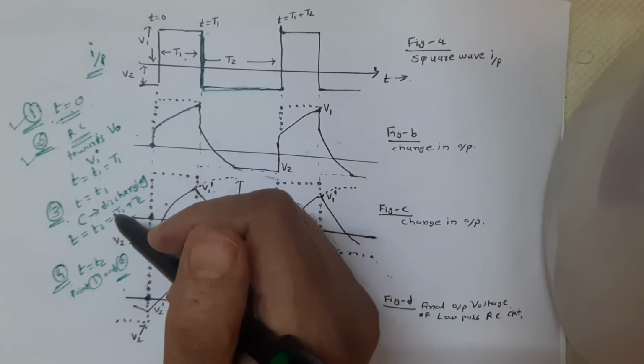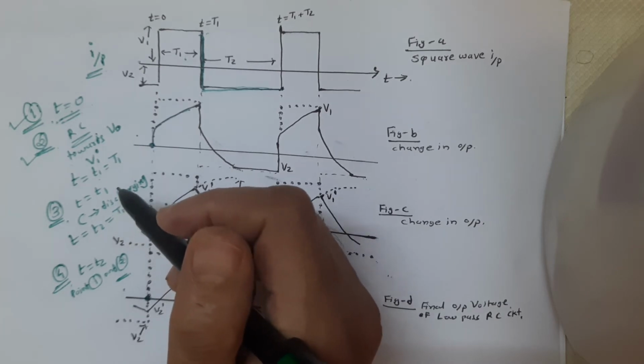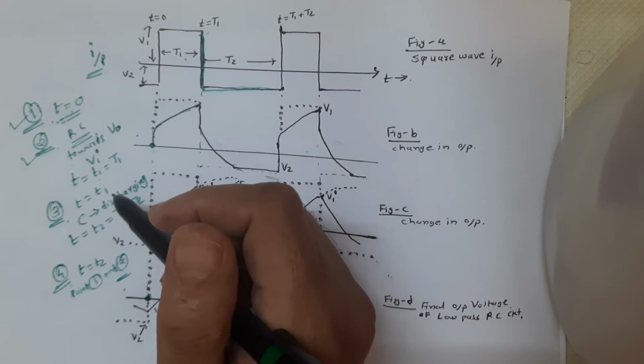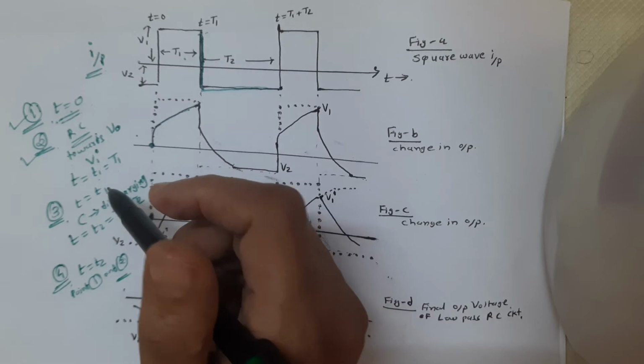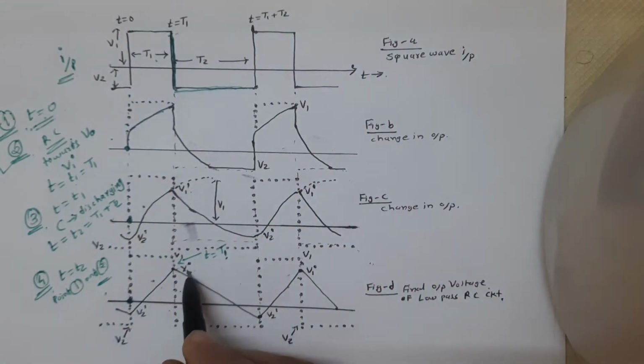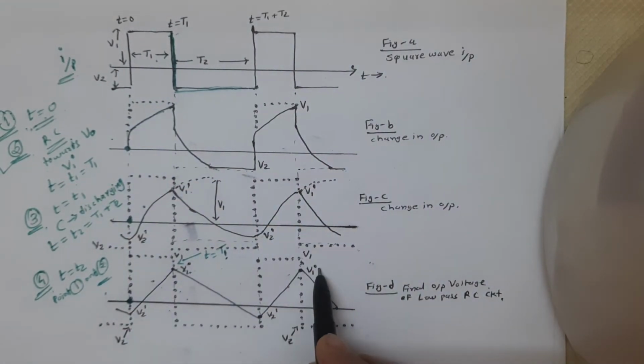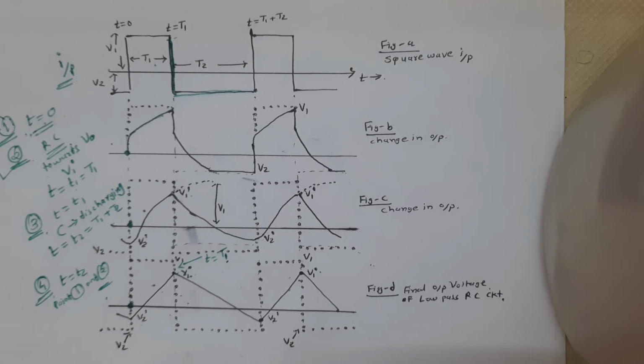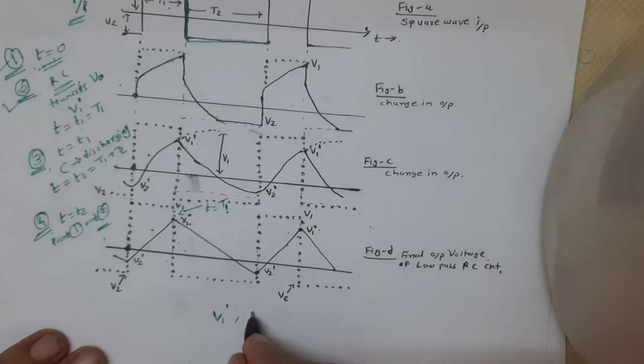We are getting the same type of variation in the next cycle of the square wave. So the tip values we are getting finally are V2 dash, V1 dash, V2 dash, V1 dash. These are the tip values of the final output signal. Then the tip values V1 dash, V2 dash of the output voltage can be calculated as follows. Now we want to calculate V1 dash as well as V2 dash.